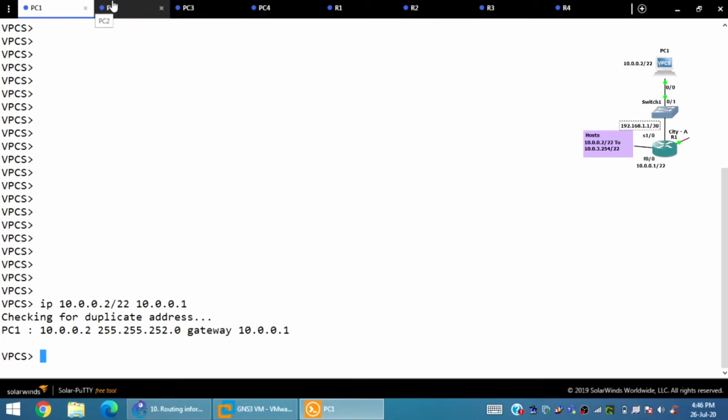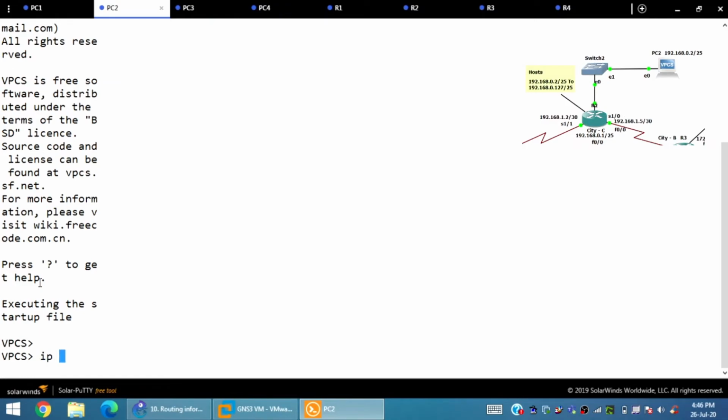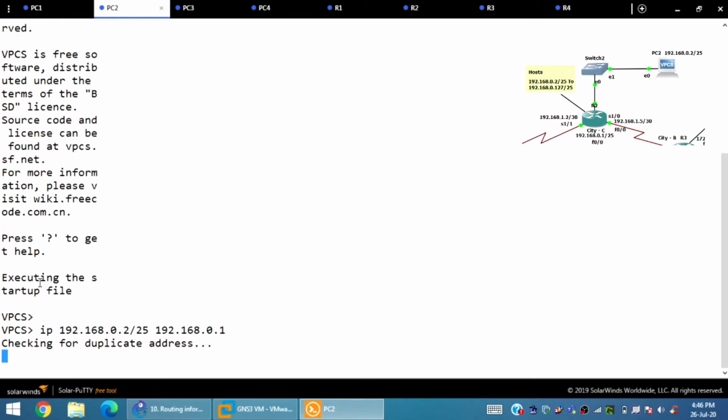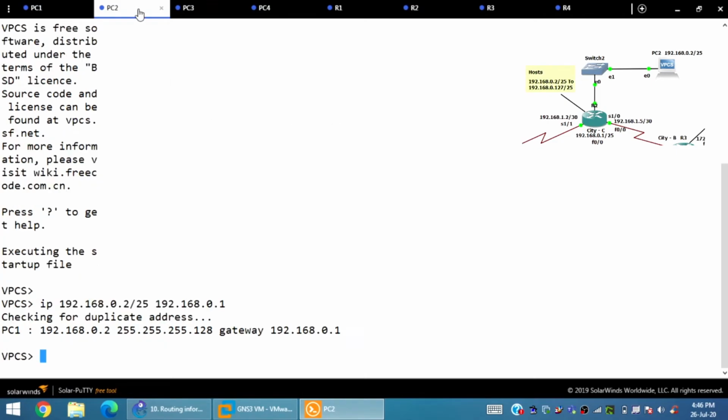You can see it's done. Similarly, city C contains 192.168.0.2 with 25 as the CIDR or subnet mask, and 192.168.0.1 as the gateway. Then it's done. You can see it will pop up the message.